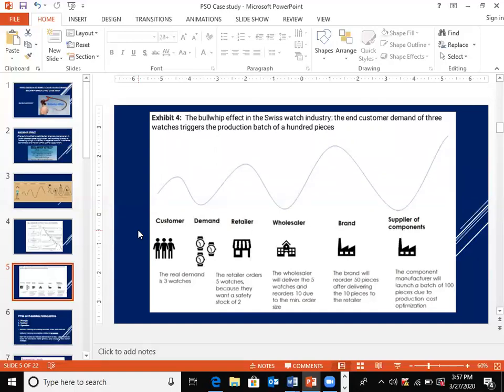let's say, and it really doesn't make sense for them to buy in few units, so they place an order for 50 units at the main supplier. And the main supplier, maybe it's a factory, let's say in China, for example, and since it is a Swiss company, maybe some portion of the manufacturing is done in China, and perhaps some is done